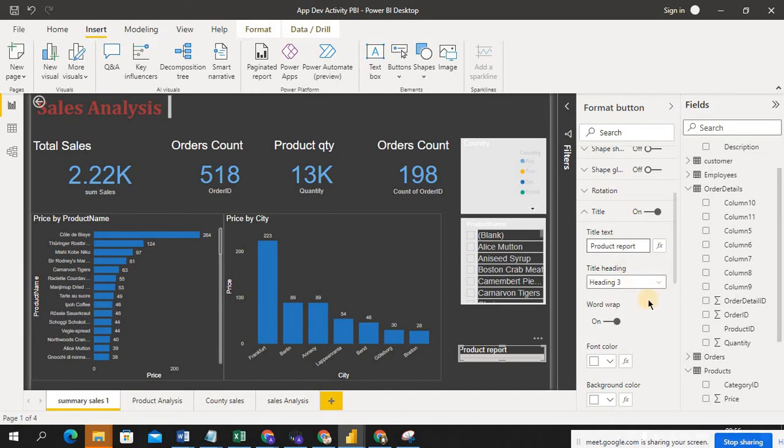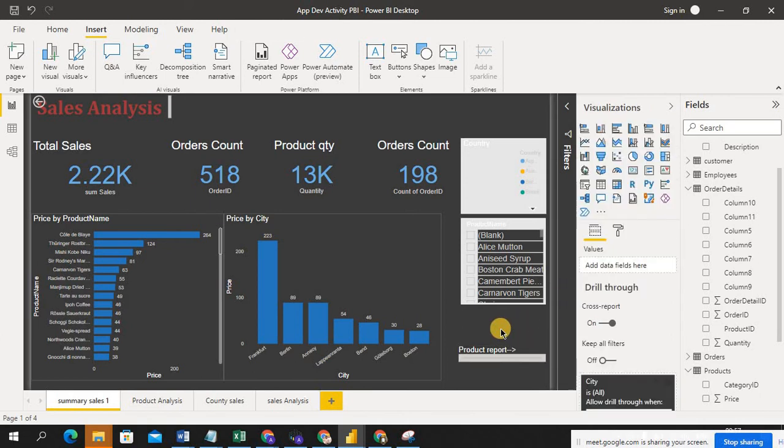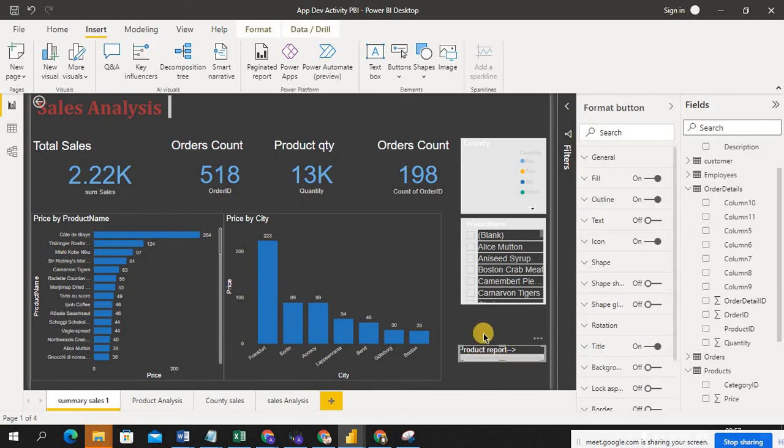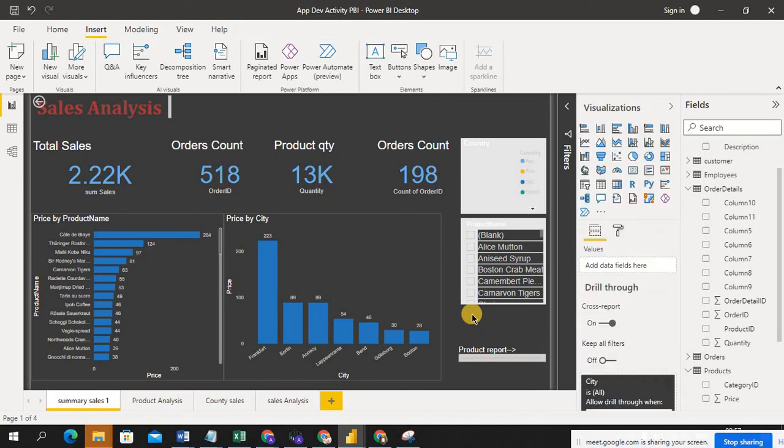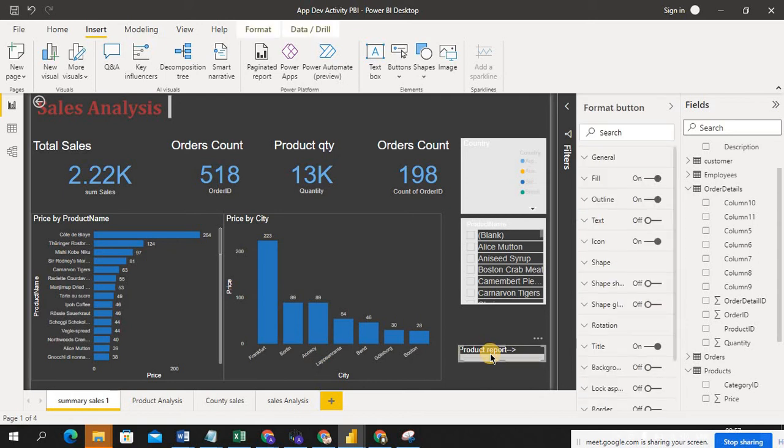I'm giving like this. And if you want to give like this also, you can give. Okay, just click again. So guys, if you click on this empty canvas, the options will go. If you select the specific visualization or KPIs or chart, it will come into the picture. So I'm selecting this.